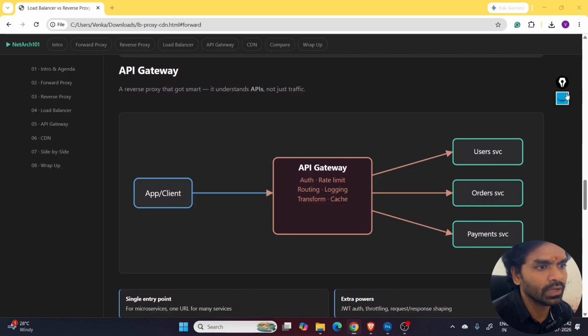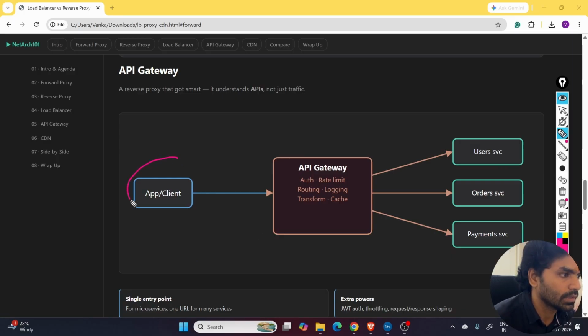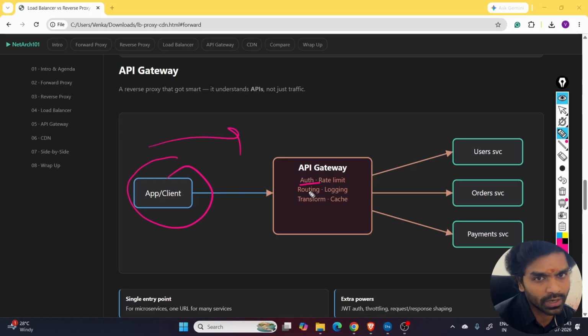Now the API gateway, let's look at what exactly this is. See, this is the application, and you are on the application side. People are trying to hit some service, and what it will do is authenticate and authorize you. First thing is authentication: who are you? Are you really an internal employee, or an outsider who is trying to snoop into the application? Authentication and authorization it will do first,